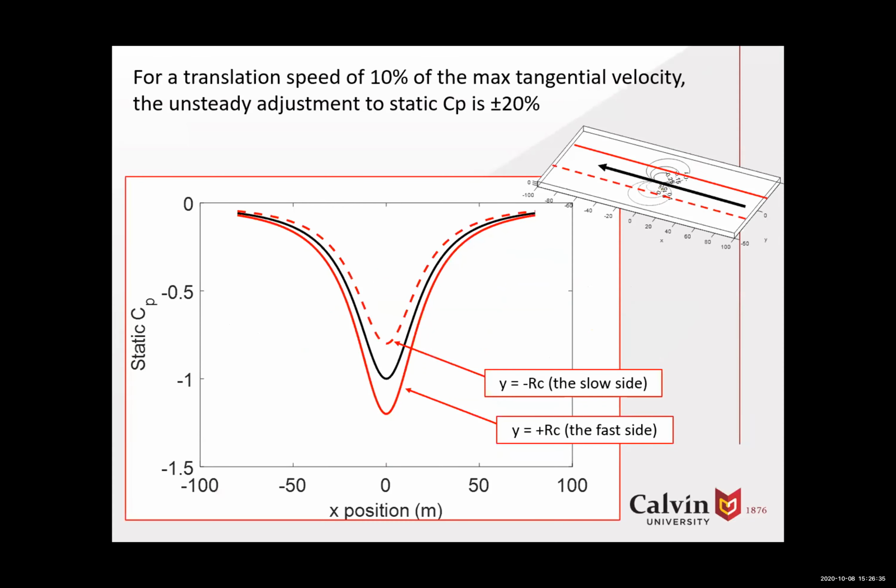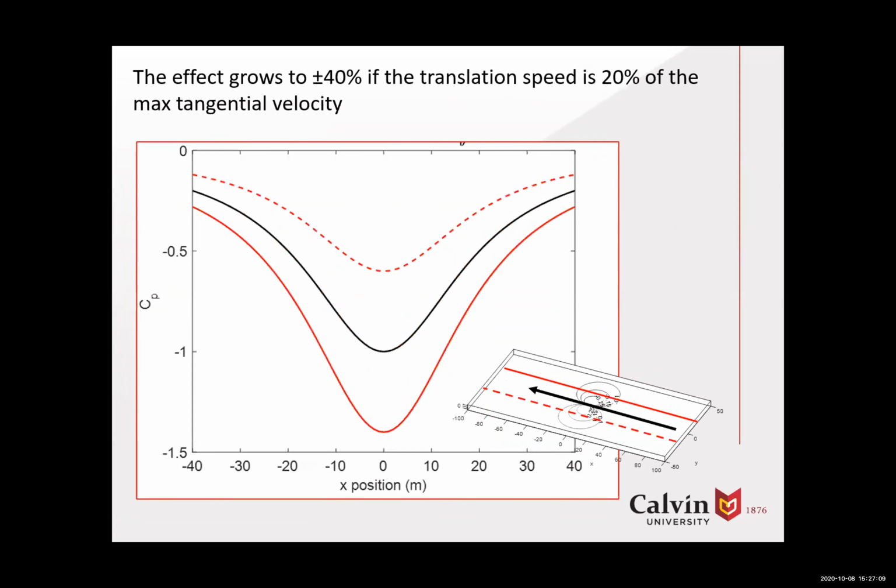To get at estimates of magnitudes here, if my translation speed is only 10% of the maximum tangential velocity, the unsteady adjustment to the static CP is plus or minus 20%. So the black line right there is what you would assume if you just ignore this unsteady effect. But the two red lines there are 20% different, only from a translation speed of 10%. If that translation speed goes up to 20%, then this effect becomes 40%, which is getting to be